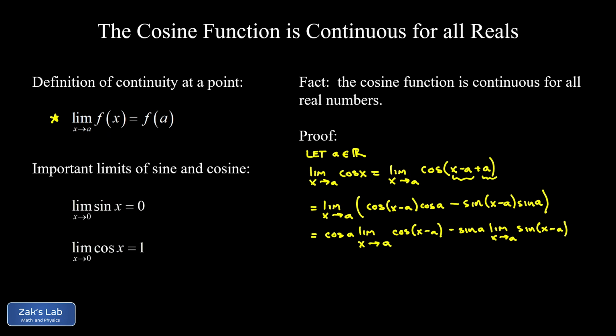Now at this point, some books are going to use the composite function theorem here, but because we've previously proven these two limits, the approach we're taking could arguably be done without any more in-between steps. I can see that the limit as x goes to a of the cosine of x minus a is going to make it so the argument of the cosine function is approaching 0. In other words, this is functionally a limit of cosine x as x goes to 0. If you want to throw in an extra step here just to be super careful, you could say let u equal x minus a. And then as x goes to a, u goes to 0. And I have the limit as u goes to 0 of cosine u,